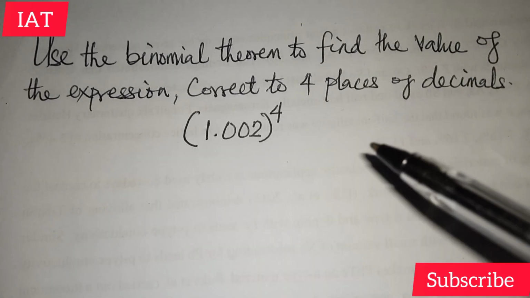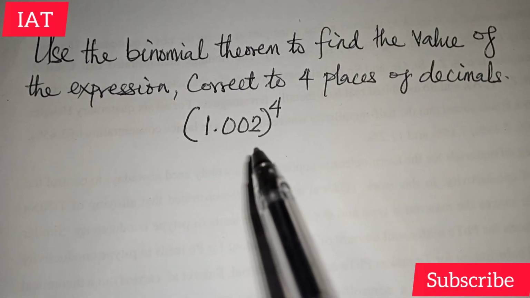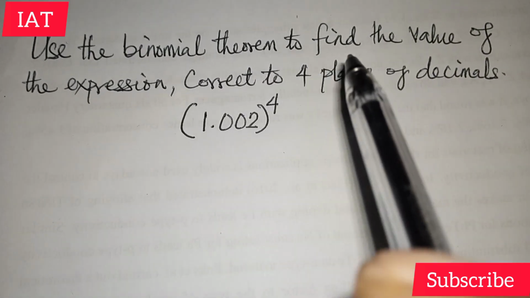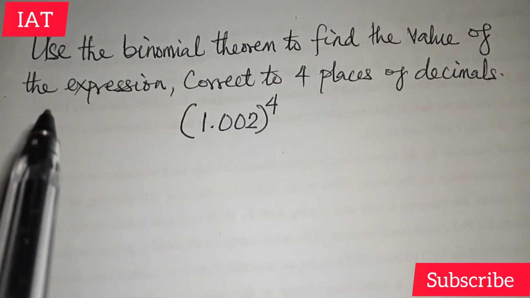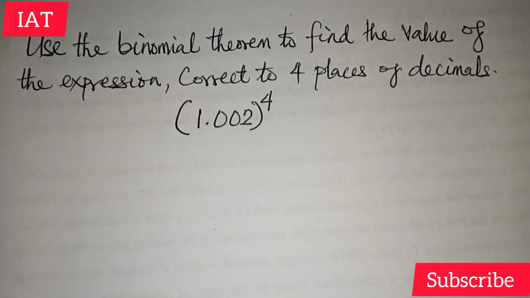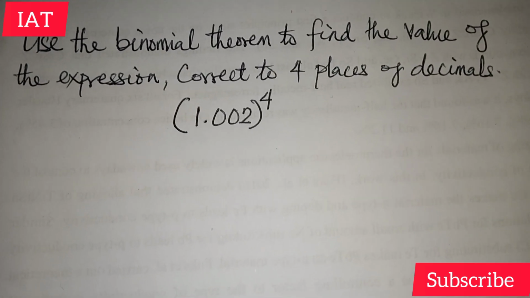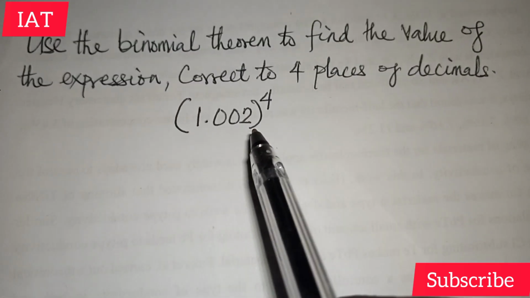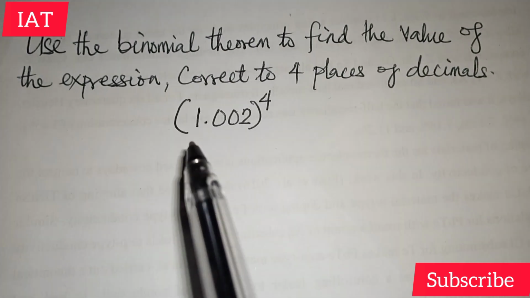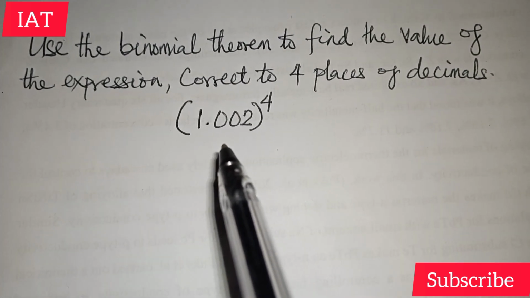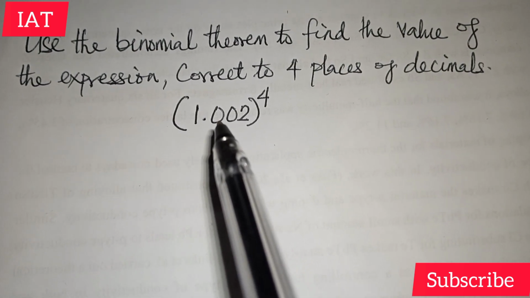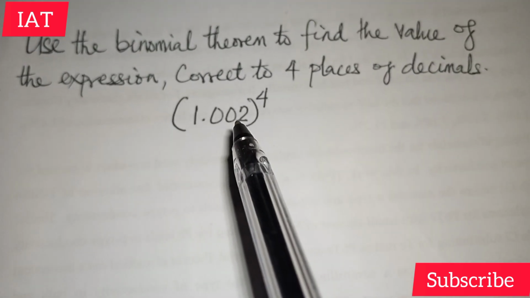In this math video tutorial, we're going to solve this problem on binomial theorem. We have to use the binomial theorem to find the value of the expression correct to 4 places of decimal. This literally means that by the time you're done simplifying this expression, the answer you have to leave it in 4 places of decimal. But looking at the problem itself, it doesn't look like a binomial problem because binomial itself